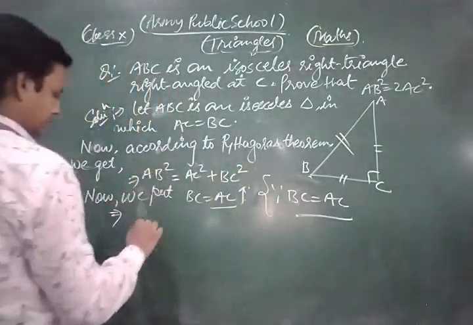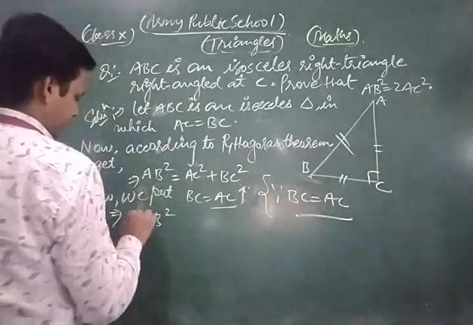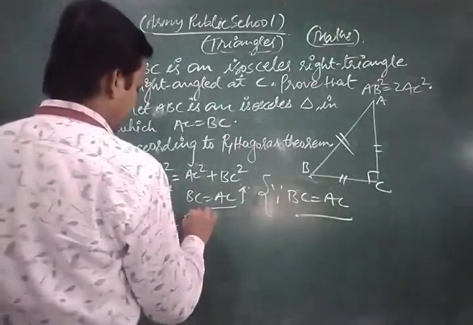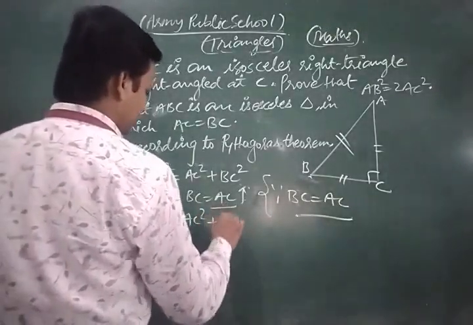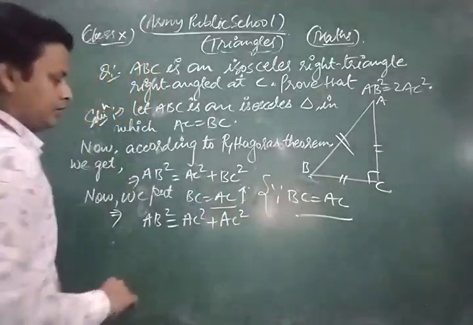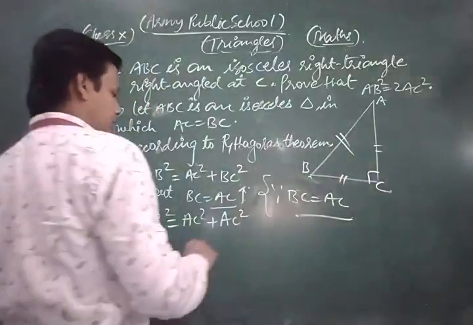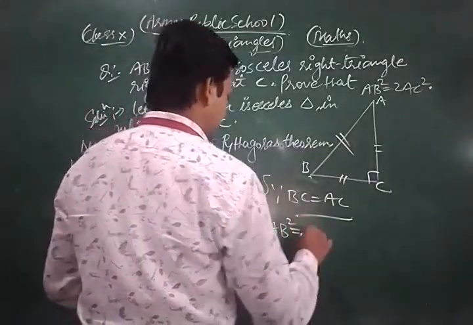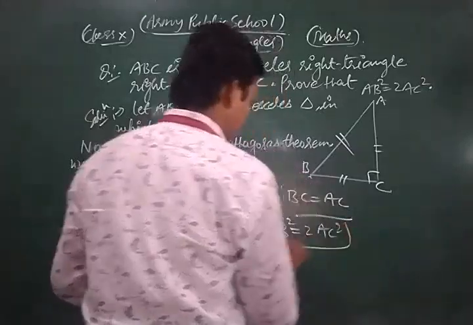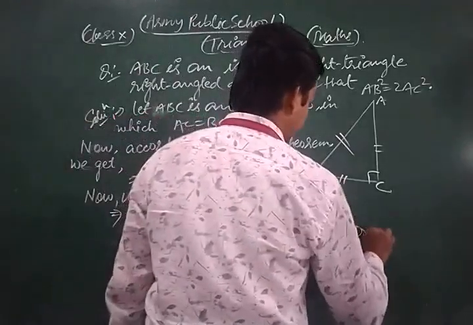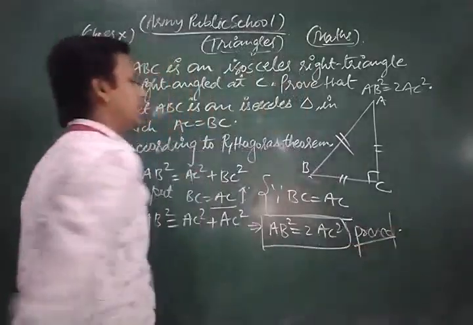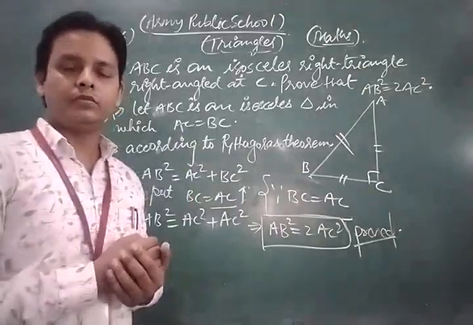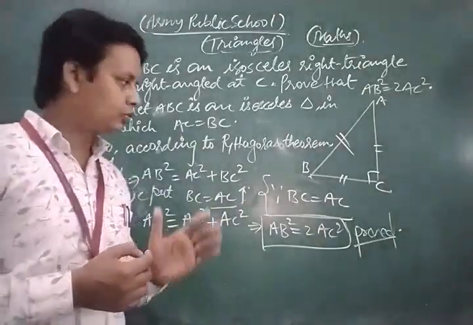So we get AB square is equal to AC square plus, BC is equal to AC, so this is AC square. So now we get AB square is equal to AC square plus AC square, this is 2 AC square. Hence proved. This is one of the most important